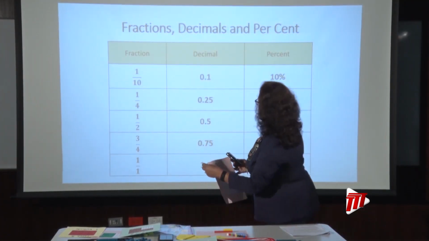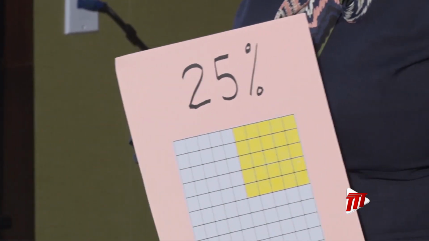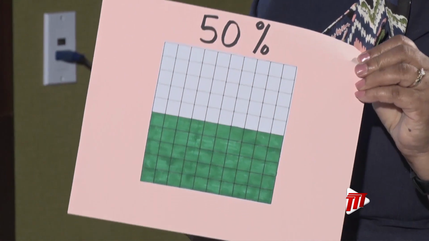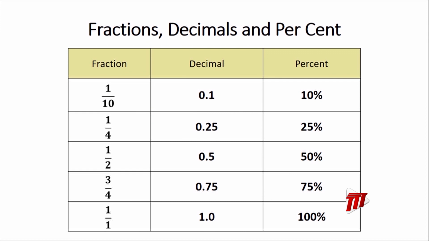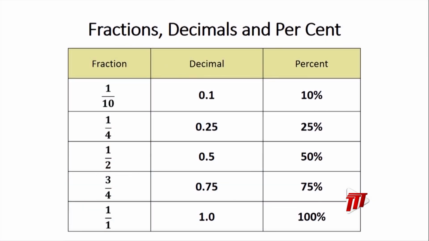A quarter as 25 hundredths, but also as 25%. We have seen the half, which is 50 hundredths or 5/10, but it's also represented as 50%. And we have looked at the 3/4 fraction, which is represented also as a decimal as 75 hundredths and also as 75%. And we have, of course, our whole, which is represented